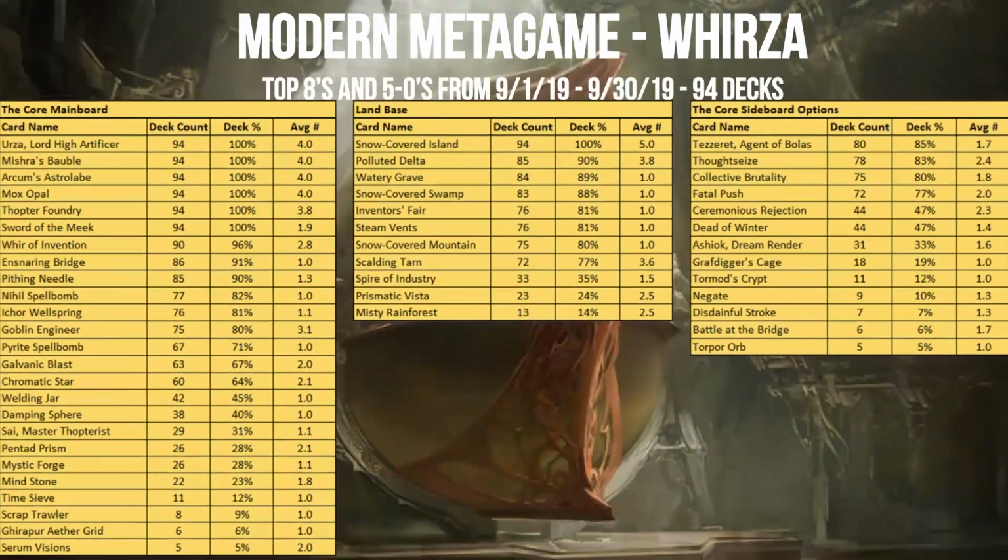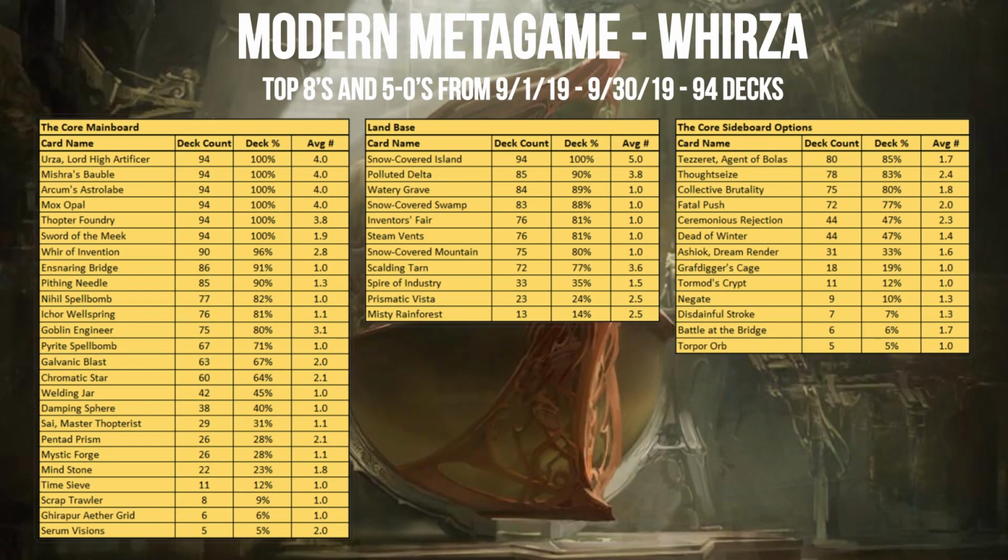Next, let's take a look at what the Grixis core of the deck looks like. That is, removing the green and white cards. You'll see it remarkably stable at the top with 4 copies and 100% representation for a lot of the core cards. I have heard some players chatter that you only really need 3 Thopter Foundries, and that just felt very wrong to me. I'm really glad to see that the data is backing up the assumption that most winning